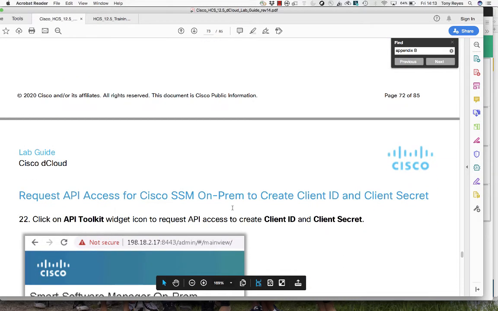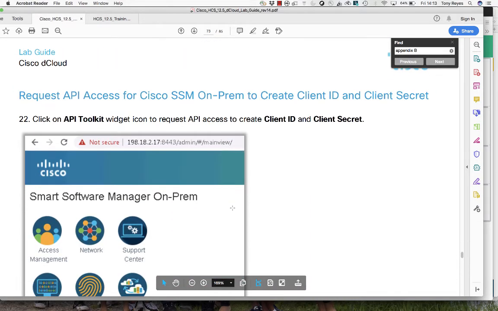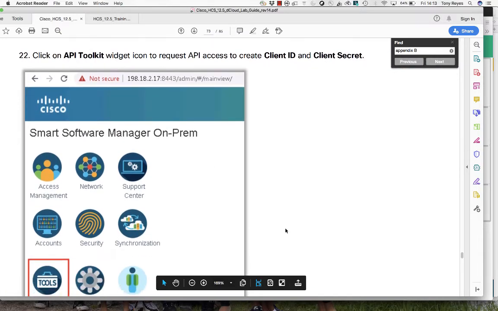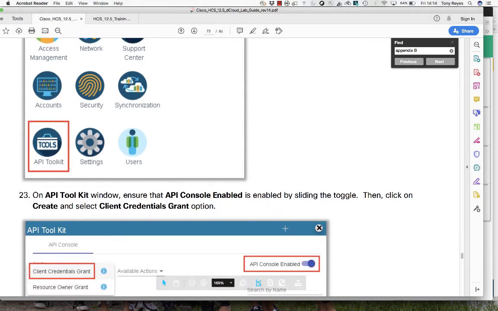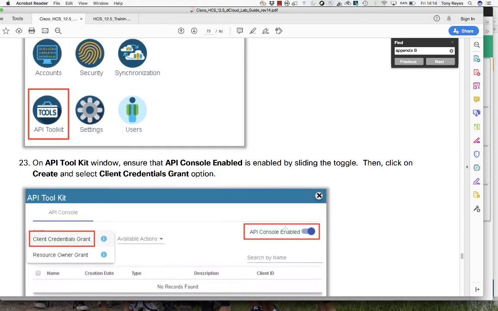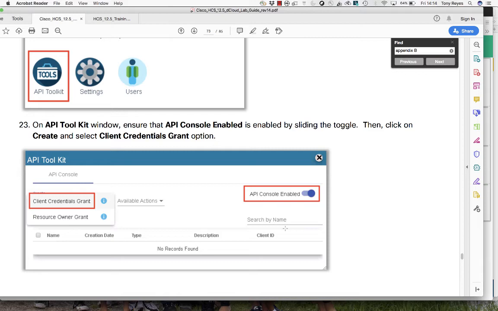Okay. So once we do that, we're gonna go to the API toolkit. We're gonna create the client ID and the secret. This is what the HCMF is gonna go ahead and use to connect to the SSM on-prem Discover here. So we're gonna go API toolkit, go to client credentials grant, make sure this thing's enabled, and then we're going to create the